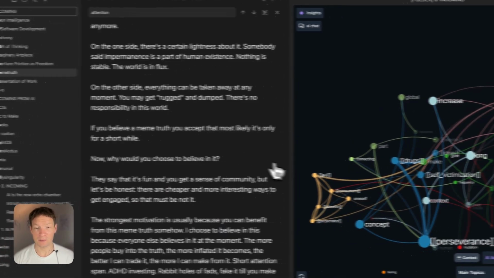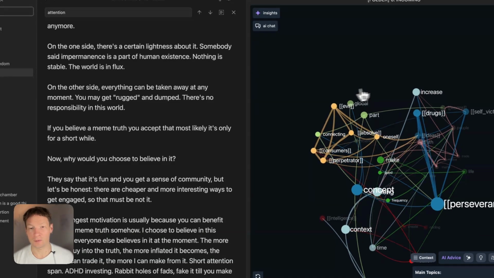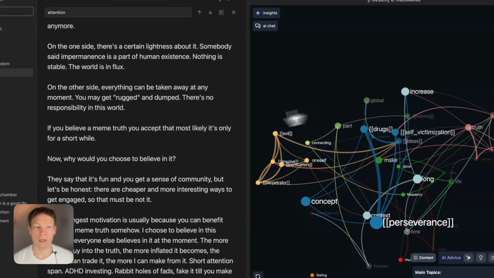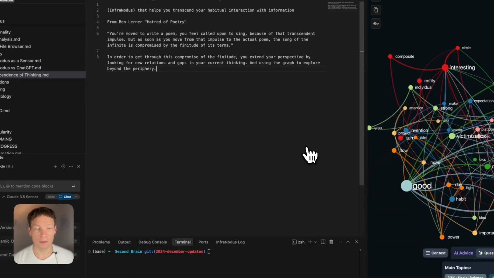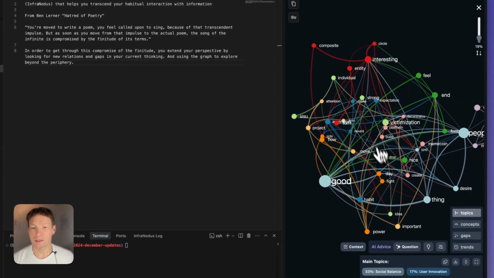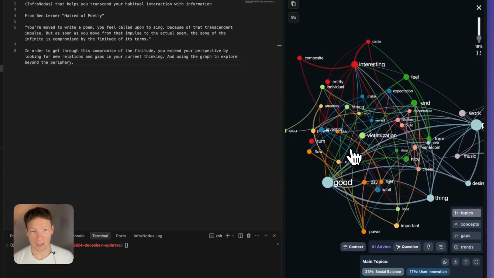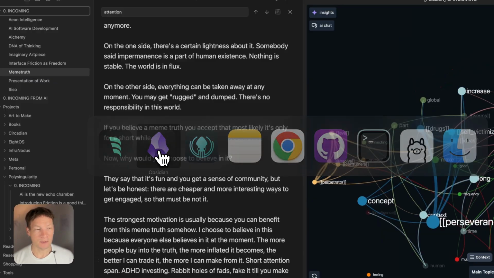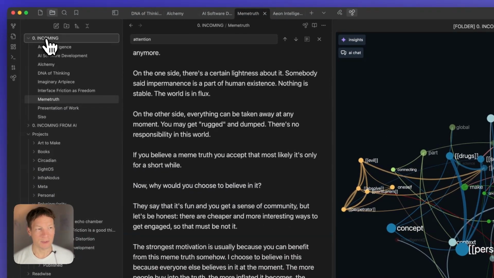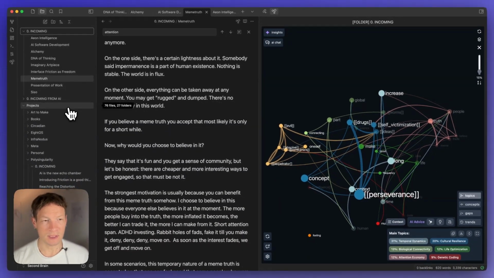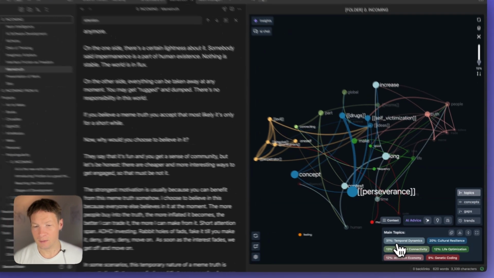So we'll be using Obsidian and the InfraNodus Graph View plugin, and I will also show you how you can use the new extension for Windsurf AI, Cursor AI, VS Code that allows you a little bit more detailed way of thinking. So I will start from some notes which I took in my Obsidian. I will show you also how I'm using Obsidian to make some drafts about the topic that I want to write about. And then I will show you the whole process of using InfraNodus, identify the main topics inside,